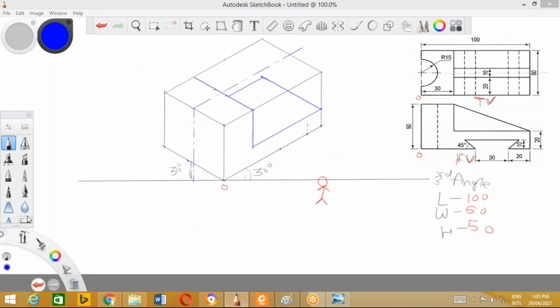Now I'll erase everything which is not required. Then you'll come to know what I have drawn over here. So here we got a shape. ये shape हमको मिल गया ये पूरा. Okay. Now I'll concentrate on this particular slot. Now this is a dovetail shape slot. This slot is called as dovetail shape.